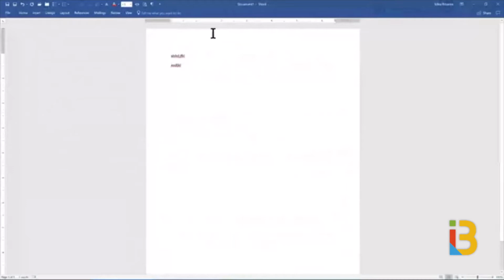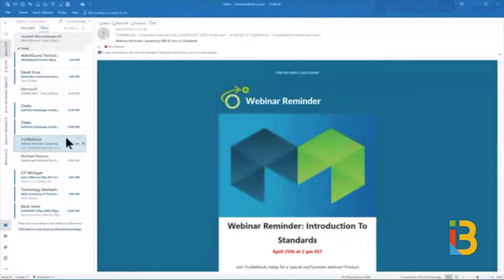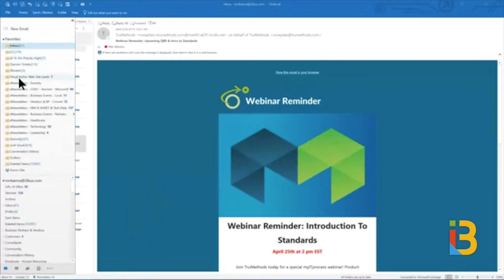That's a very powerful tool right there. Let's go back to Outlook and keep going through the list on Outlook, because I built a rule. I'm going to have to remember what that rule is, or who knows what's going on. Let's keep talking about rules a little bit, because what I've done here is created a bunch of folders, because